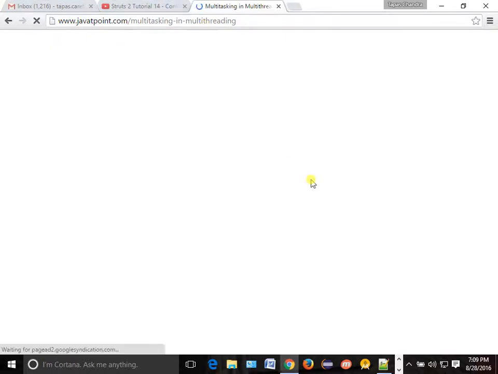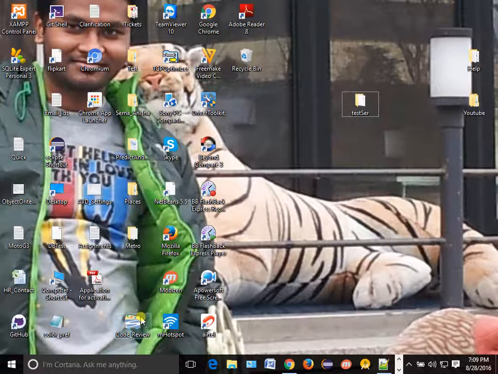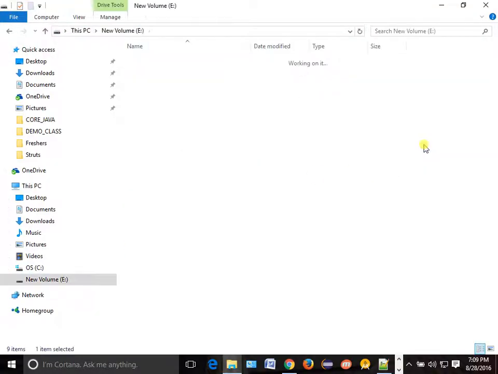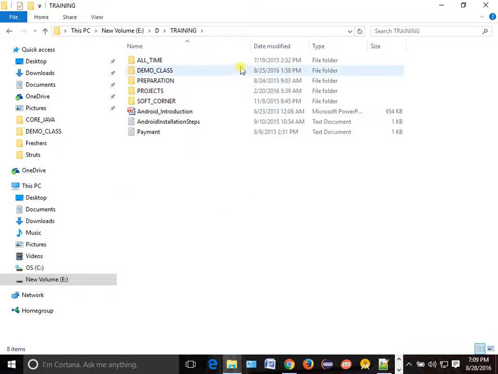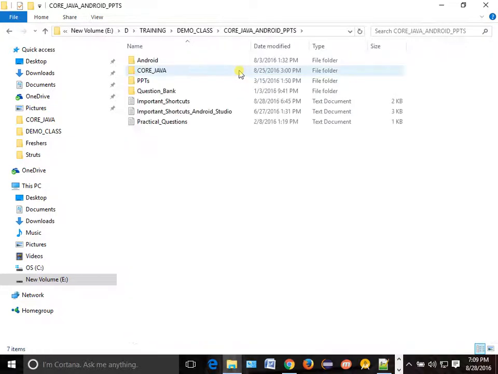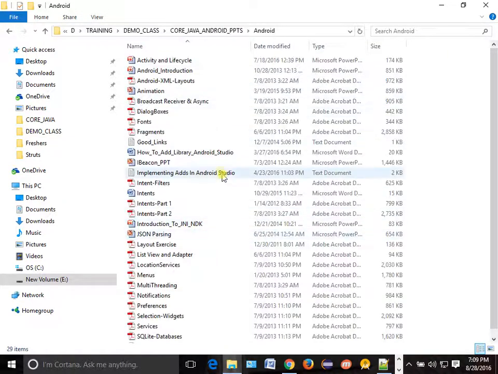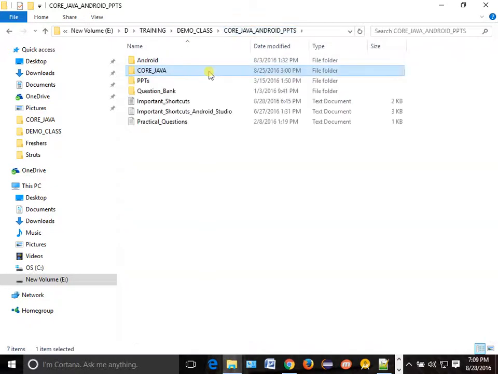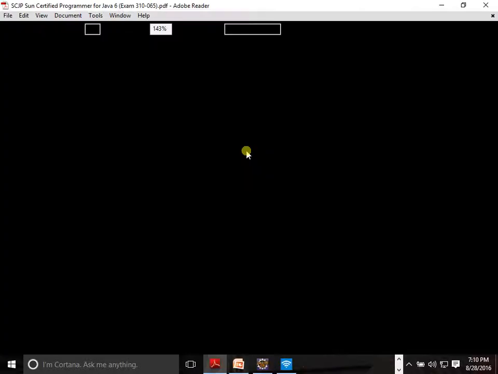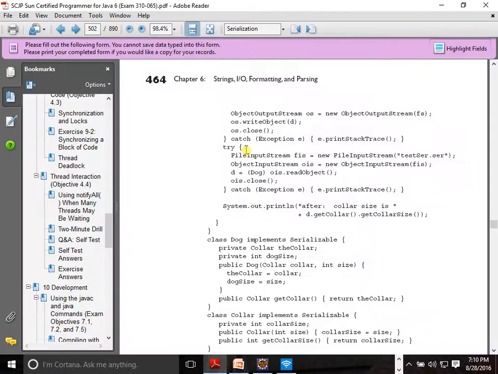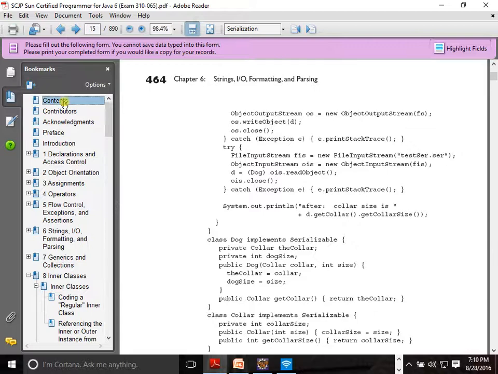And if you know your core Java a little earlier, then you can follow the book which is already shared with you in your shared drive. You can go over there in your shared drive. One of the books will be called Kathy. This one. Okay, the SCJP book. This is a very famous book.